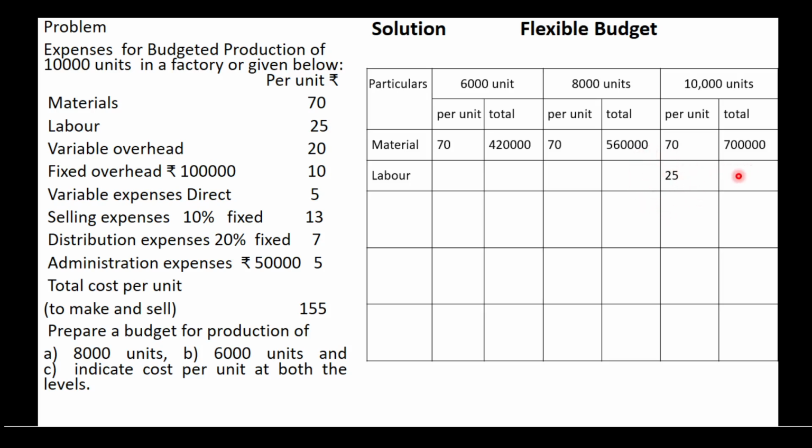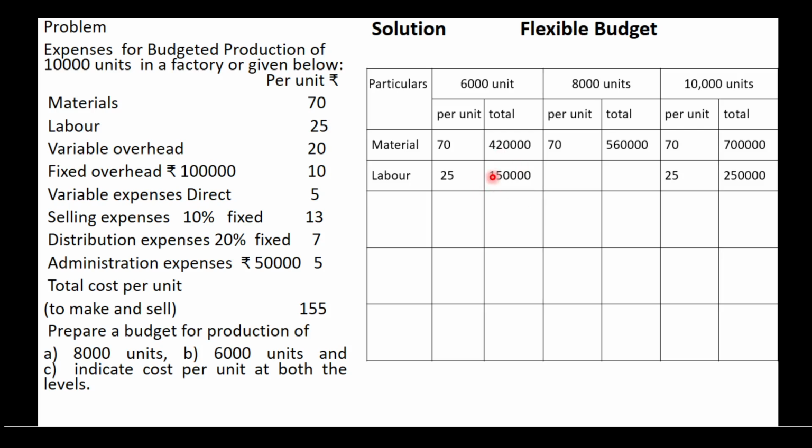And now we calculate the total amount as 25 into 10,000 units. So now the total amount is 2,50,000. And next we calculate for the 6,000 units. Here the cost per unit is the same, that is 25 rupees, and it is multiplied with the 6,000 units. So 25 into 6,000, that amount is